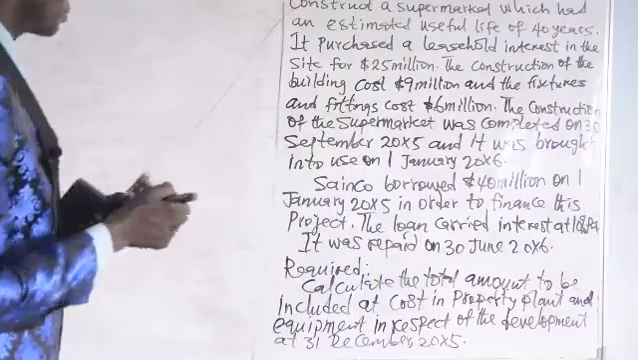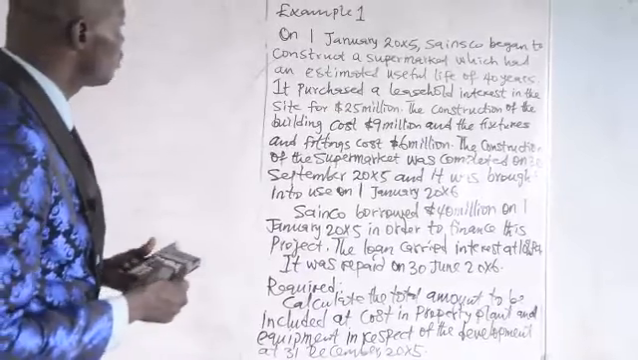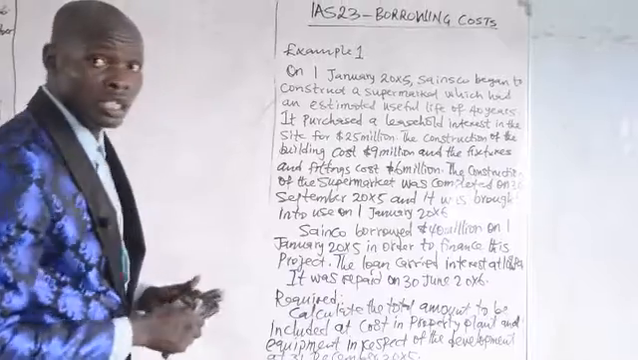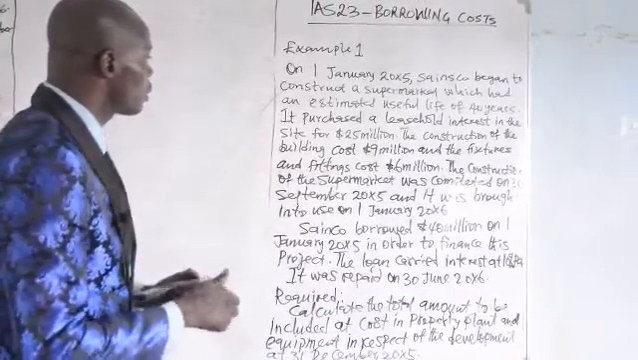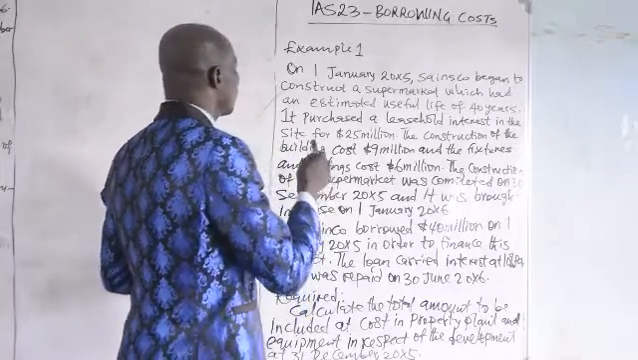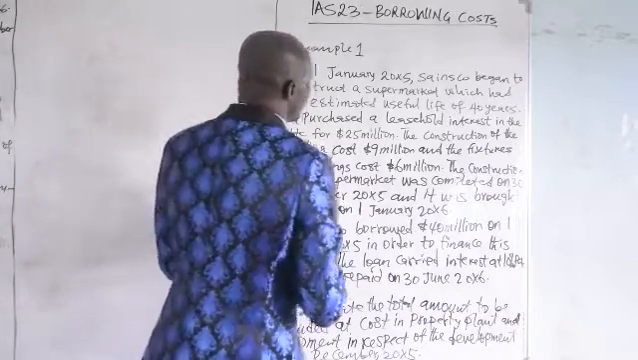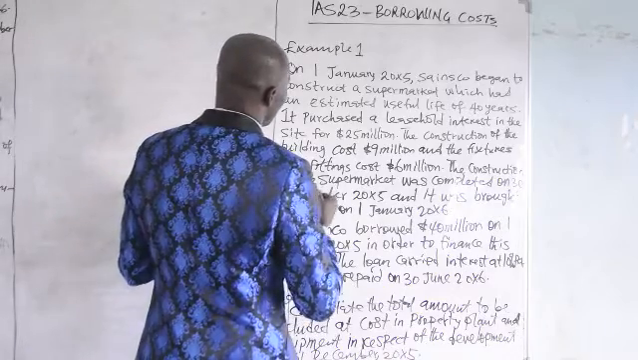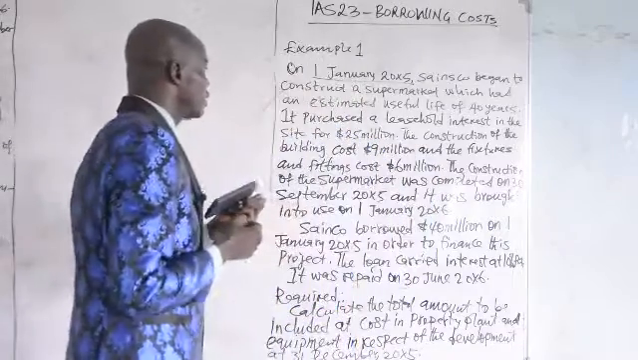That is the question. Now, the first thing we want to do is ask yourself, when does the activity or the development commence? And when was the borrowing cost drawn down for this project? On 1st of January 2005, Saint Co. began constructing a supermarket. So the construction work commences on 1st of January 2005,